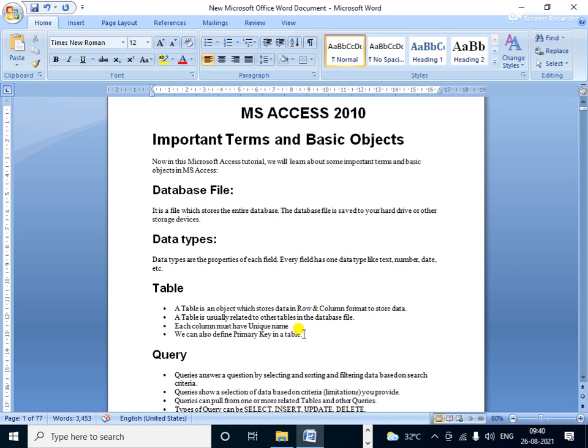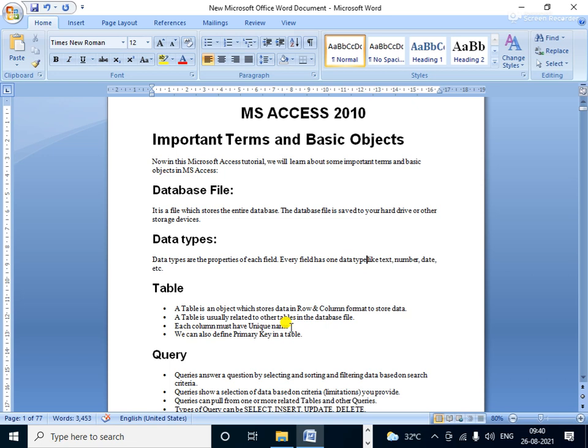And the next important thing is that each column must have a unique name. What is a unique name? Suppose you created a student table, so the table name is the student table. Or it could be employee names, employee details, employee salary structures, PF, or whatever. All these things we identify with the help of the table name, which is the unique name. And in the case of Microsoft Access, you all know this.